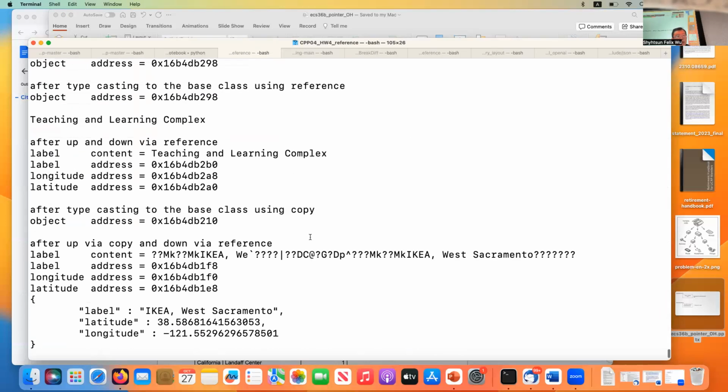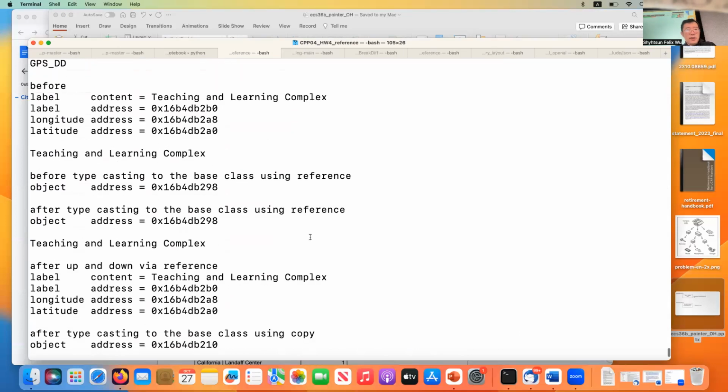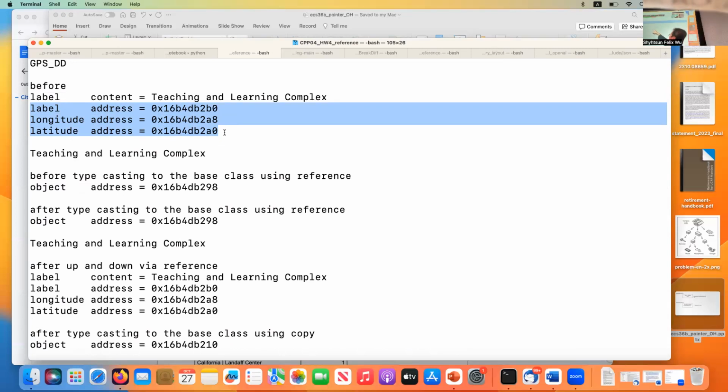Okay, let's take a look at the result. This is the original. You can see that these 3 lines are the addresses. The first line is the address of label. By the way, this is all in hexadecimal.